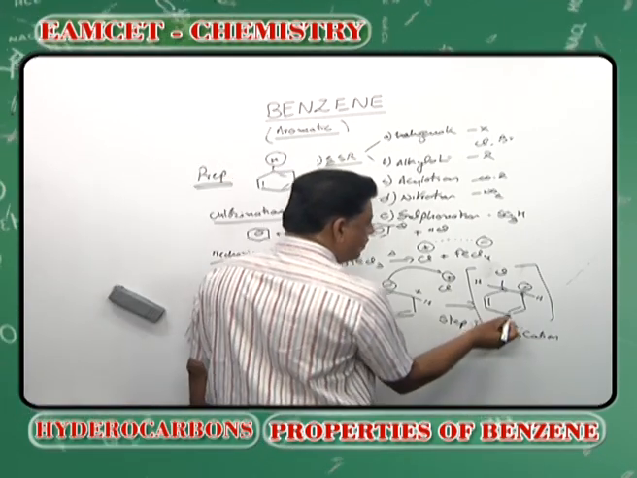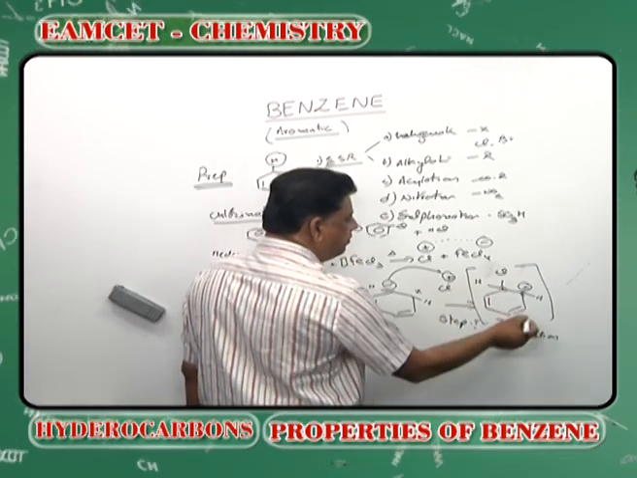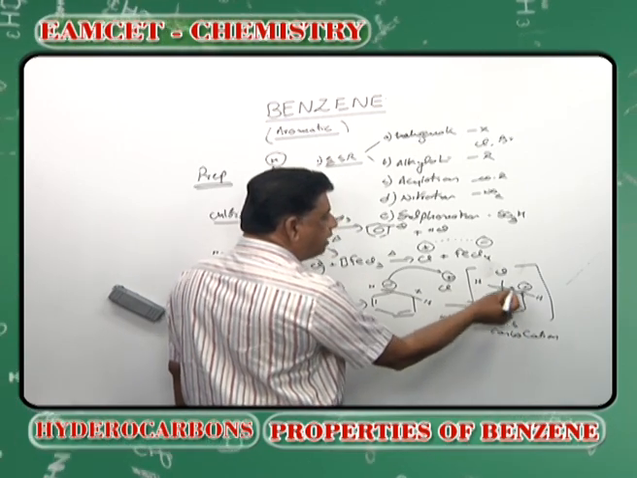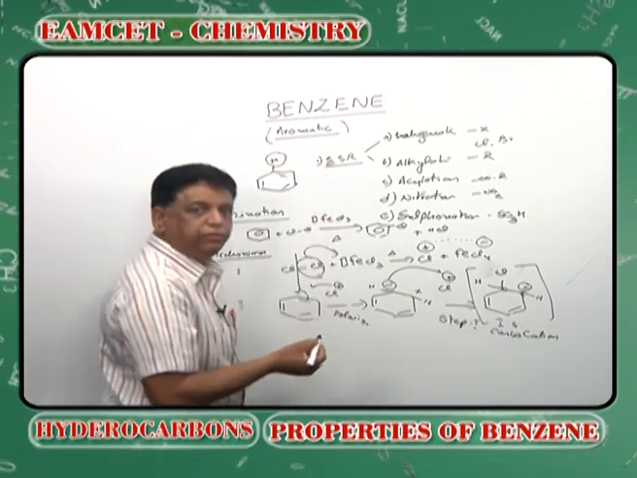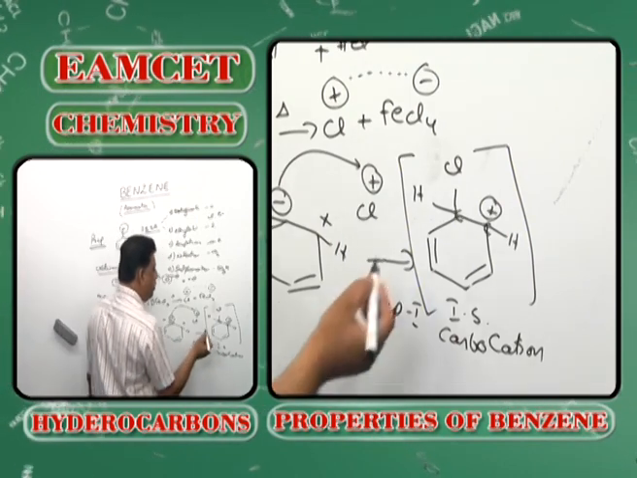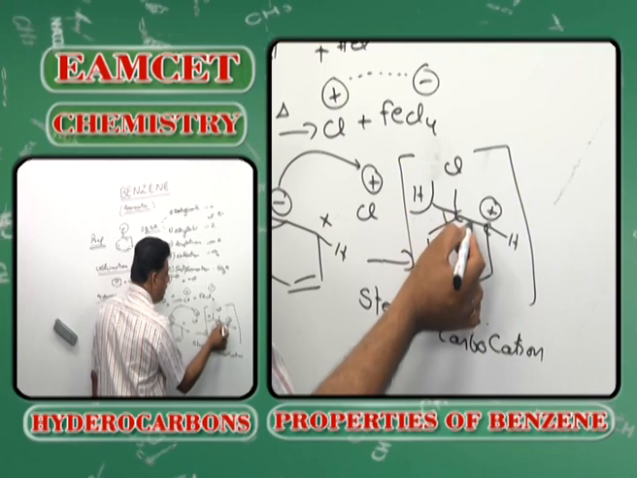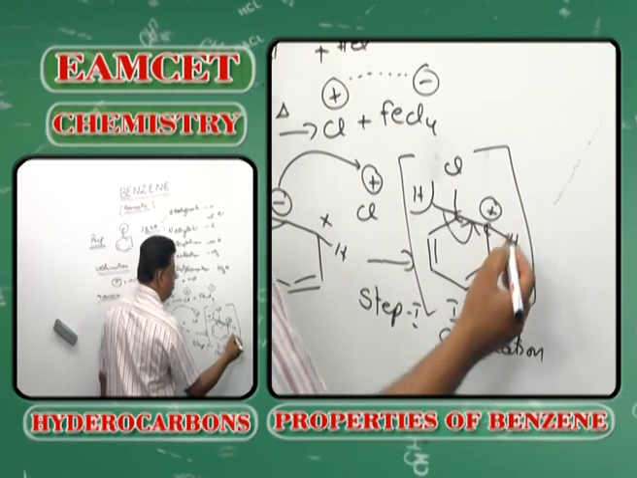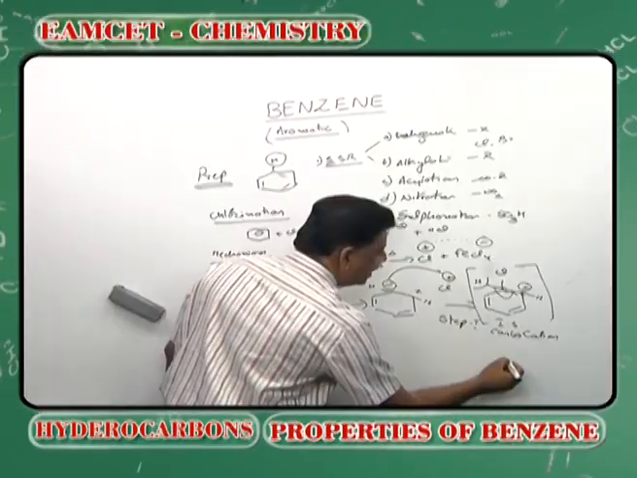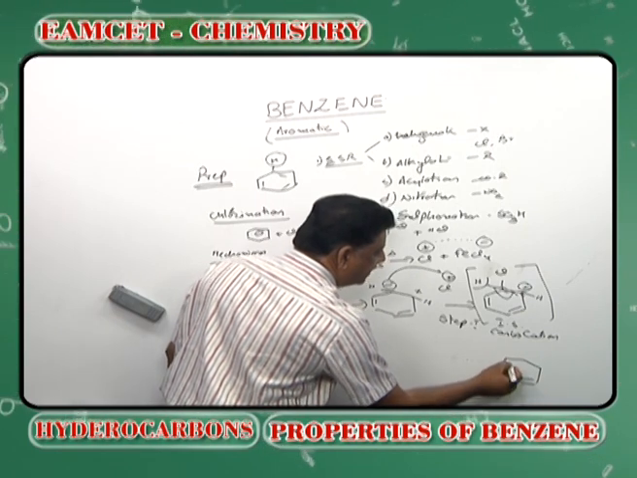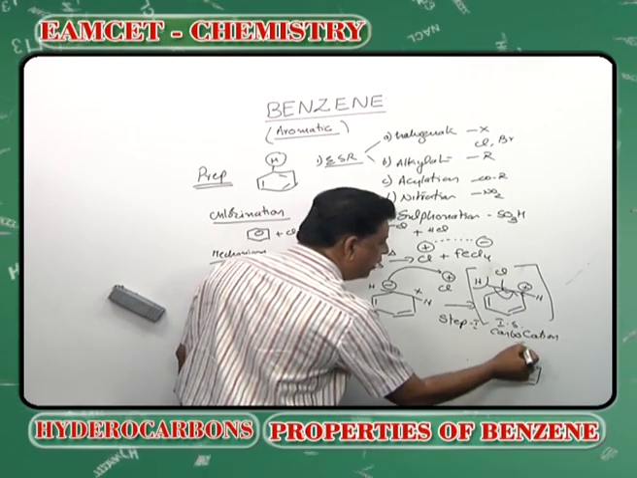Then what happens? Now see here, this intermediate species does not have the aromatic nature; it has only 2 pi bonds, that means 4 electrons only. Therefore, in order to get the aromatic nature, the hydrogen is dropped, the 2 electrons come back and a double bond is formed. So finally, what happens? A third double bond is reconstructed in order to